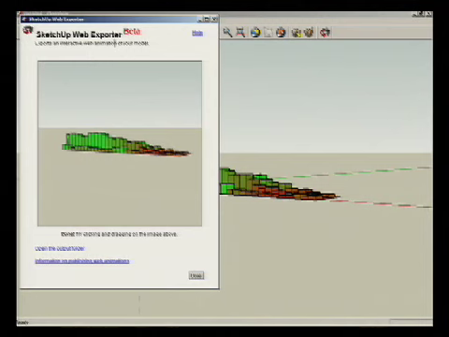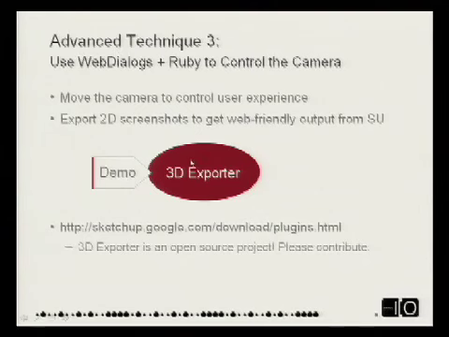So this web exporter is available on our website, sketchup.google.com. If you go to the download sections and select plugins, you'll find the web exporter. And it's an open source project, so when you grab the thing, you get the full source code, and we're encouraging people to contribute. I've already talked to a lot of people at the conference who've had some really cool ideas